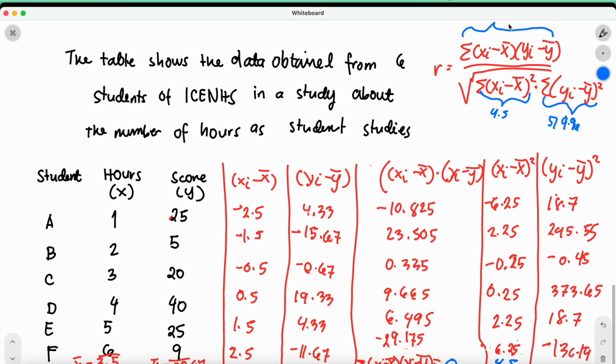So this is 0. So r equals 0 over the square root of 4.5 times 519.96. It doesn't matter anymore, because when you divide 0 by any number, it's always 0. So what does it tell you? It tells us that the correct answer is there is no relationship